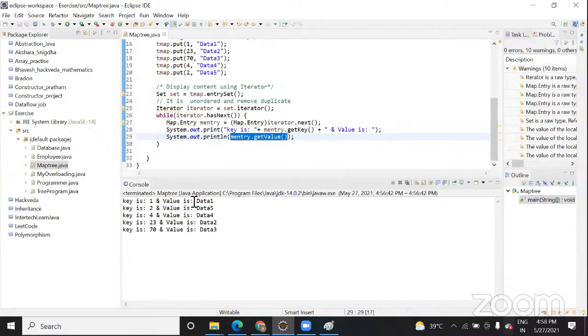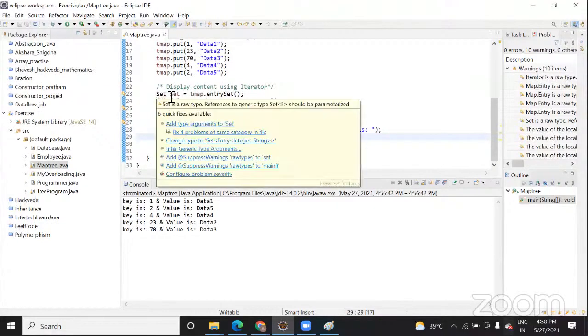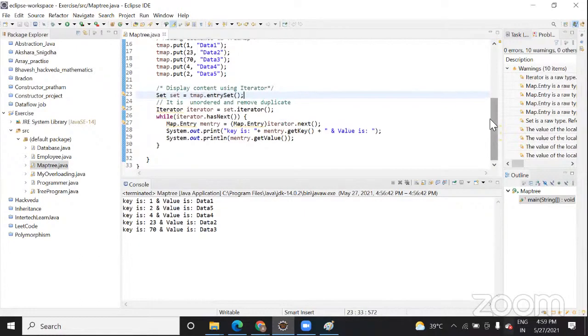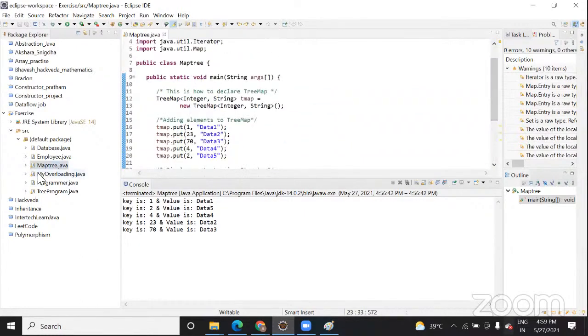So key, in the sense of one, and that data. This key will identify this data. It cannot be that key one will identify any other data. That will never happen, because the key is just like an identifier for the data of this value. So the key is related to the value, and in this we don't follow any order. When we are reading data in the set collection, a set does not follow any order. It prints in the way it finds the data first in the memory, or in the collection. So this is an example of a TreeMap.